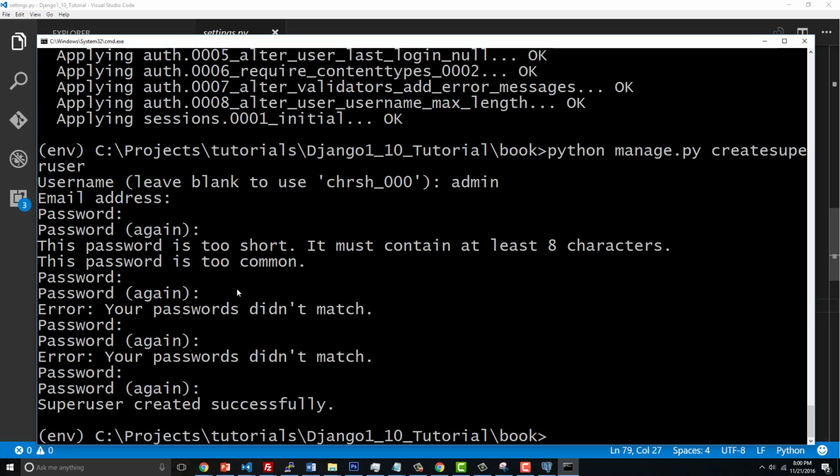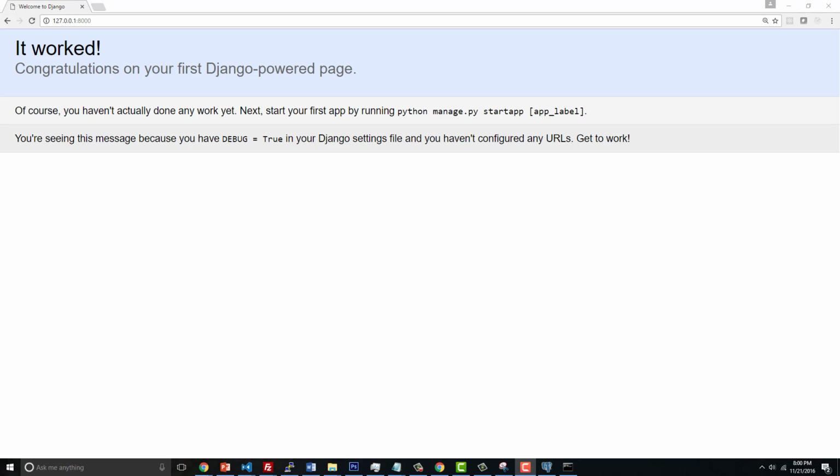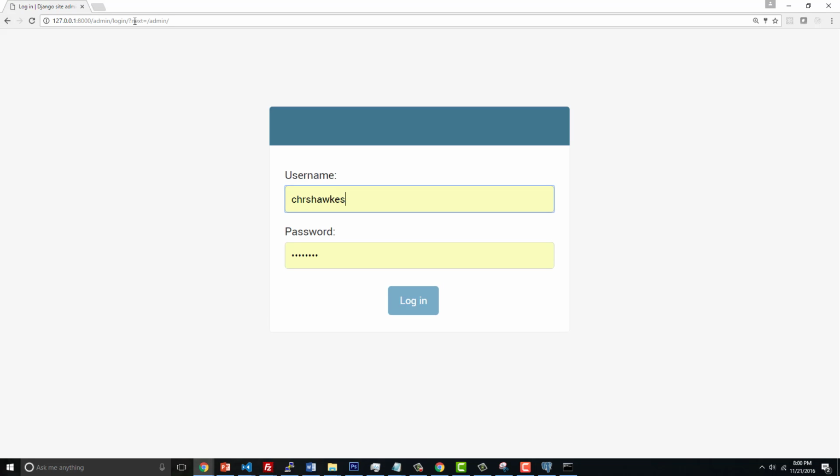So the super user was created. So what does that mean? It means that if we go ahead and run our server, we're going to say python manage.py runserver. So pull up your website address again, and now we'll say /admin. And now if we go ahead and log in with, I said admin and I said testing 1 2 3